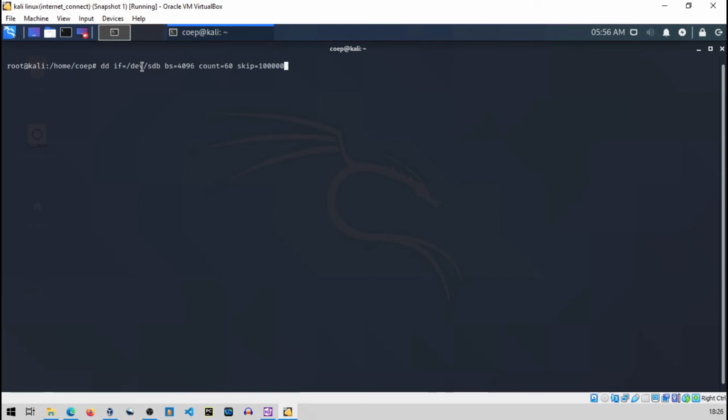Basically what skip will do is it will skip a number of blocks. So it will start cloning from the 1 lakh block first, so till this block number it won't create the image file.